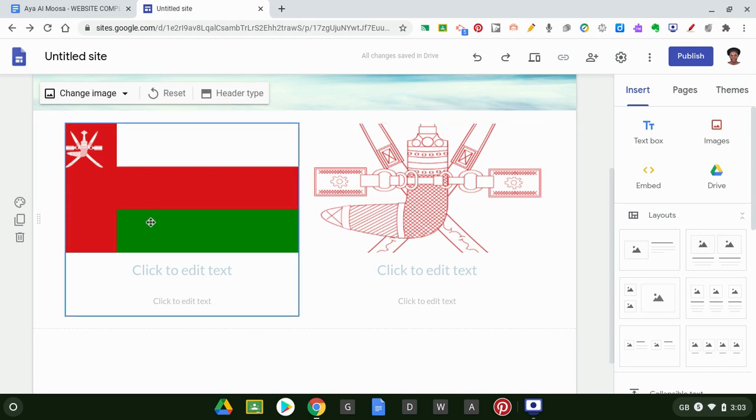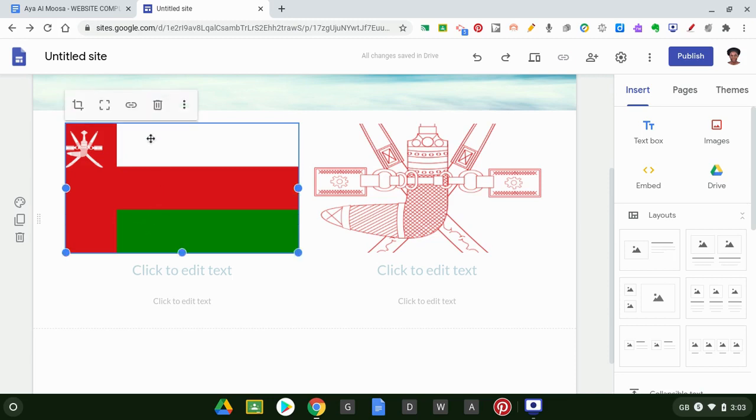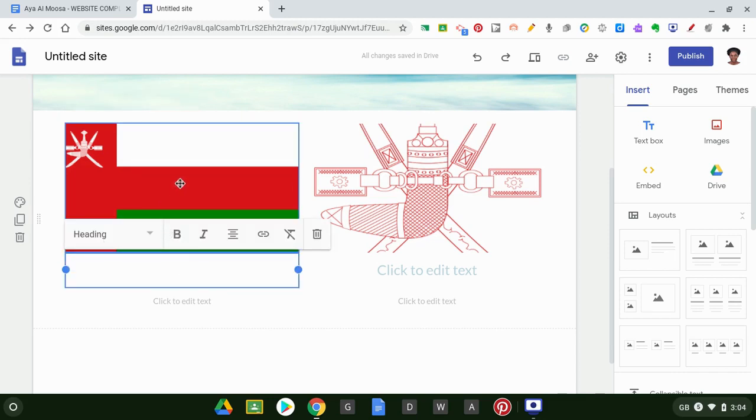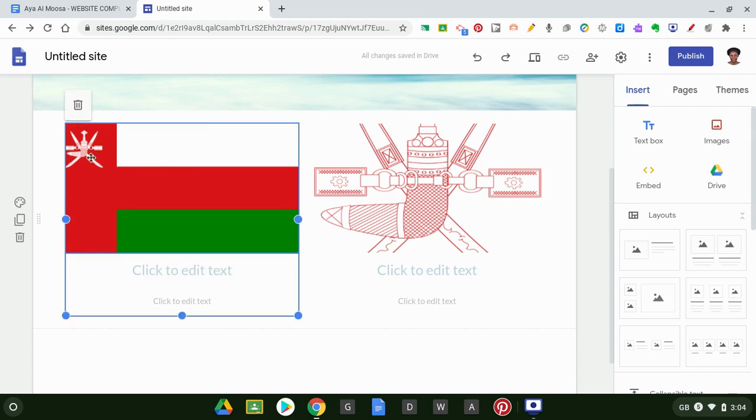If I want to make my flag a link, we are all going to go to any of our web pages where we have a picture. We're going to click on the picture. I prefer to use the last sub page I created. So you click on the picture, and remember it has to be the picture. If it is the whole frame, it does not give you the option. So you have to be on the picture. Right now I'm on the whole frame plus where I type. But if I'm on the picture, only the picture, I get other tools here.